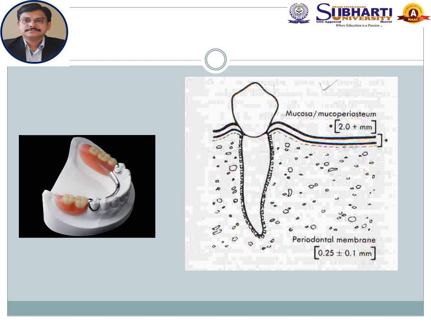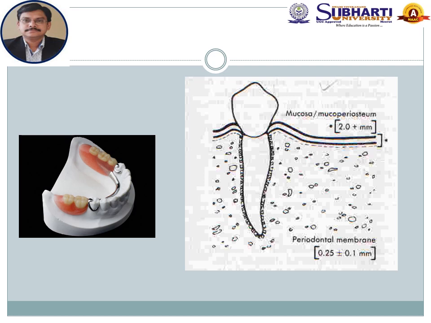So by designing an RPD from totally tissue supported to both tooth and tissue supported, we can dissipate the force on the bone. But at the same time, this design brings one inherent disadvantage, and that disadvantage we'll discuss later. But before that, we'll understand why some problem will get created. Now look at the diagram photograph